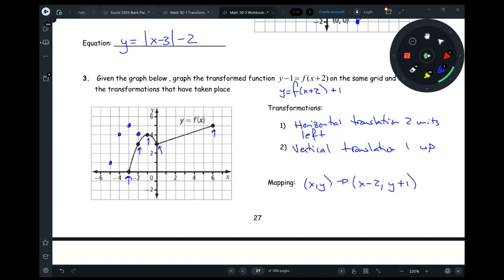And then this point, 2 to the left, 1 up. And then I just got to connect the dots. And there we go. And that's all you need. Now, before I finish this question here, one